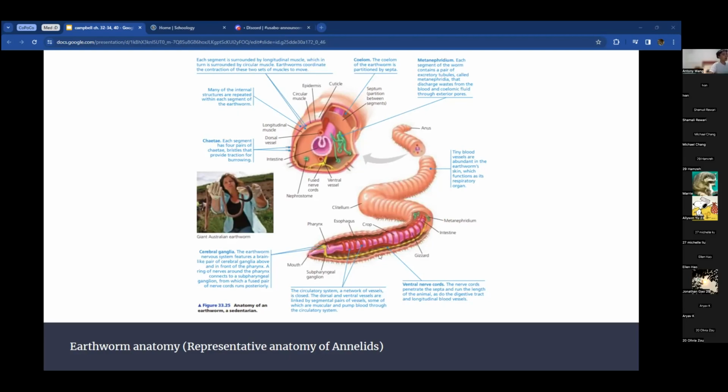Oh, sorry. So this ganglion is kind of like their brain. They have a nerve cord stretching down. It opens up in the pharynx, esophagus, crop. I think I always get the crop and gizzard mixed up, but the crop, I believe, is where